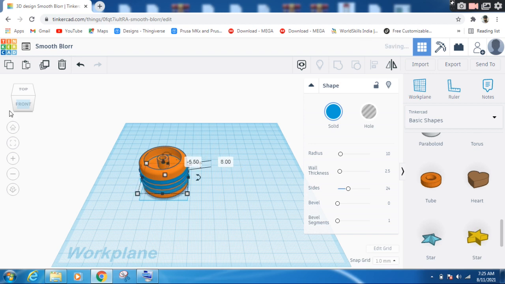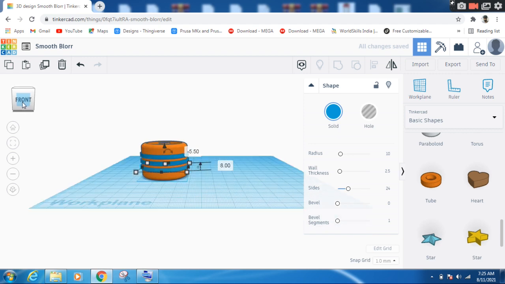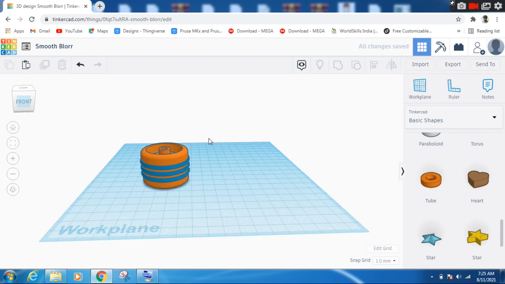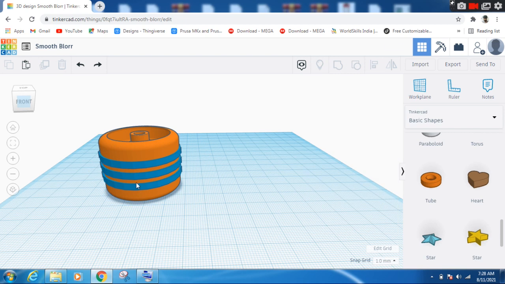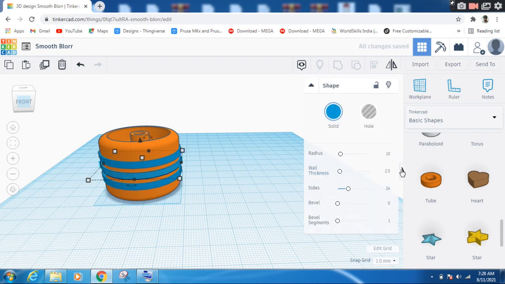You see, like that you have to do. Now I will click on this middle one and change the wall thickness to 1. Same thing I will repeat for the other one, the middle one, wall thickness 1, and the bottom blue one, wall thickness 1.